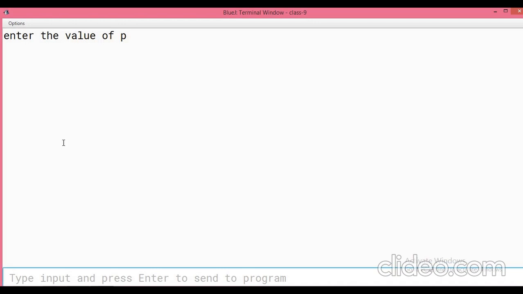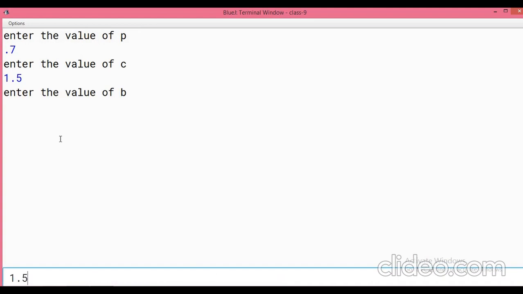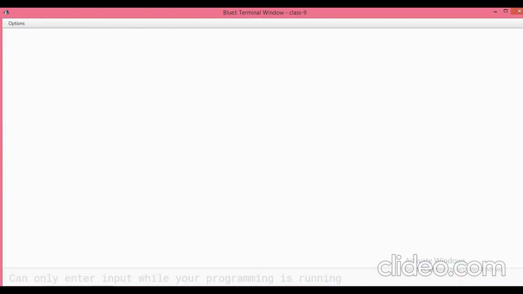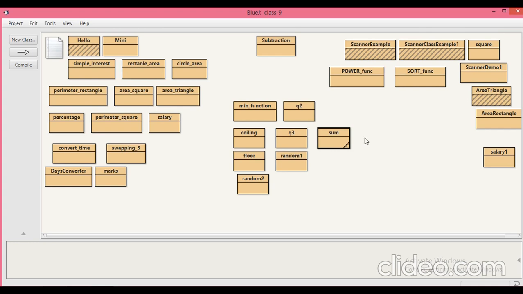output of this program. Here I have given a value 0.7 for physics. Here I have given 1.5. Again I have passed 1.5 for the chemistry and the bio. Now the total is 3. Whatever the rounded form is, it will return that output on the screen by using the round function. Now I think all of you are clear on how to use the round function to find the total and average and print it in rounded form.